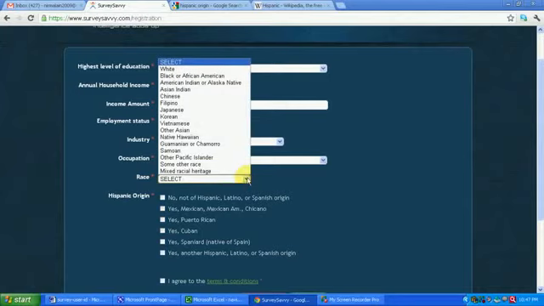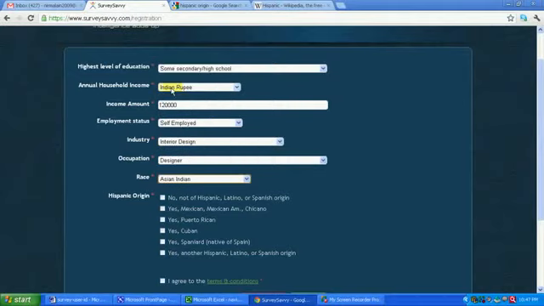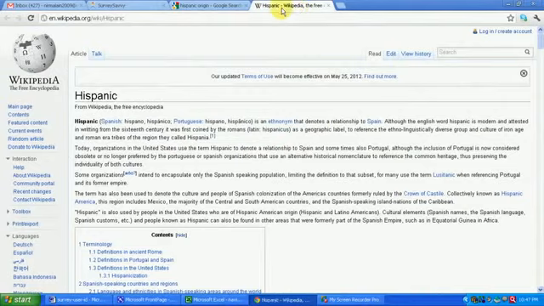Race, over here we have to put Asian Indian. If you are from India, we will put Asian Indian depending on the race. Now it asks something, what is Hispanic origin. Now Hispanic is something people from the origin of Spain living in United States. I was also not knowing what is Hispanic, so I googled it out and I found it in Wikipedia.